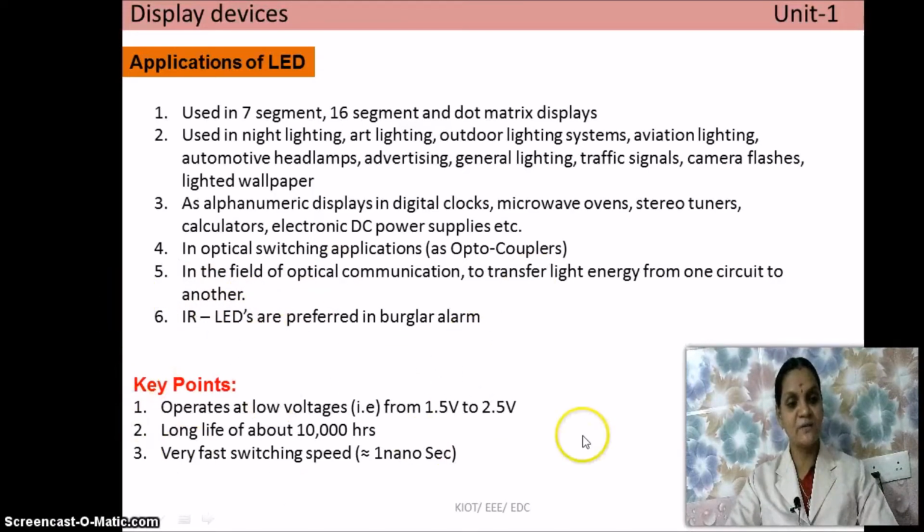And finally, some key points you want to keep in mind about LED. LED is a device that converts electrical signals into light signals. It operates at even very low voltages of 1.5 volt to 2.5 volt. Lifetime is very high. A single LED can work for up to 10,000 hours. And the switching is also very fast. Within nanoseconds we are able to turn on the LEDs. And LED works under a diffusion process. It is a linear device. Characteristics will be linear, and some applications you have to keep in mind. So these are all the points you want to know about LED.